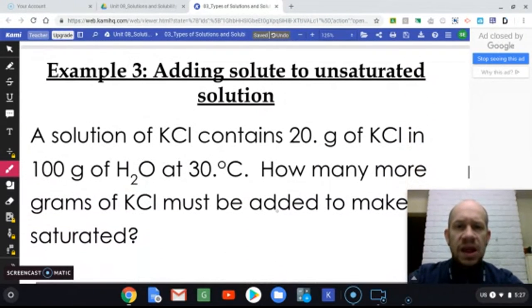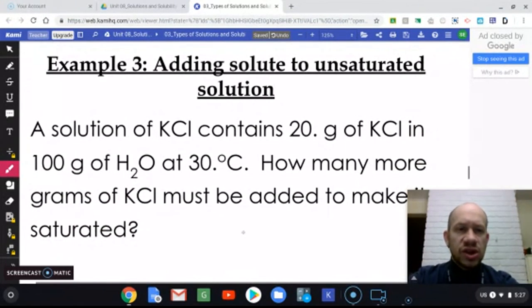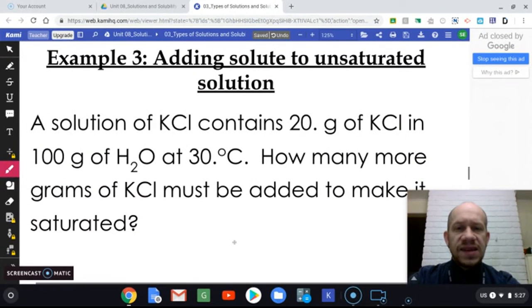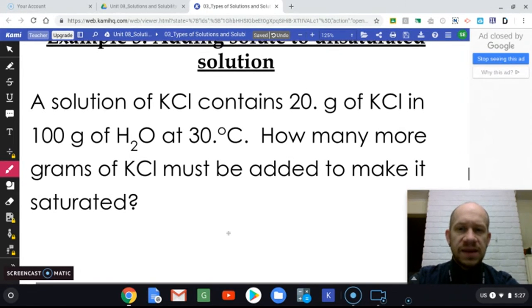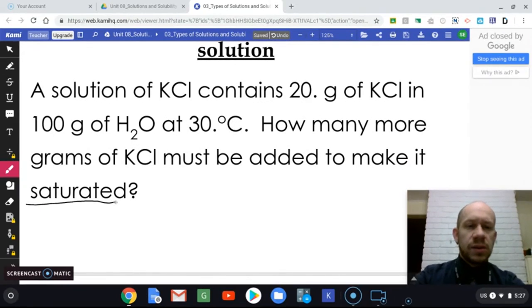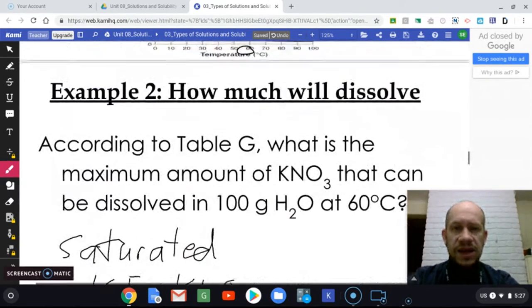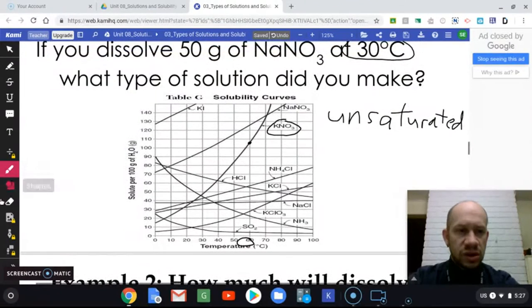Example 3, adding solute to unsaturated solutions. A solution of KCl contains 20 grams of KCl in 100 grams of H2O at 30 degrees Celsius. How many more grams of KCl must be added to make it saturated? So I'm going to go back up to my line diagram here on table G. You should look with yours. I'm going to erase my KNO3